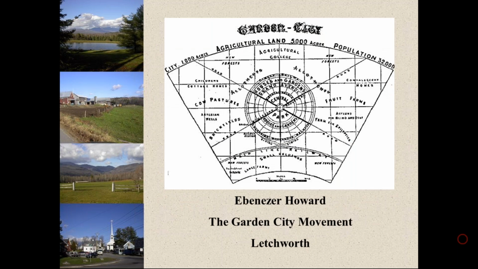And then Ebenezer Howard, the Garden City movement. So garden cities were planned, self-contained communities that were surrounded by green belts. And so these garden cities were proportionate. They had a little bit of housing, industry, agriculture. So Letchworth was the first garden city, Letchworth outside of London, if that's a little trivia question that's still on the exam.